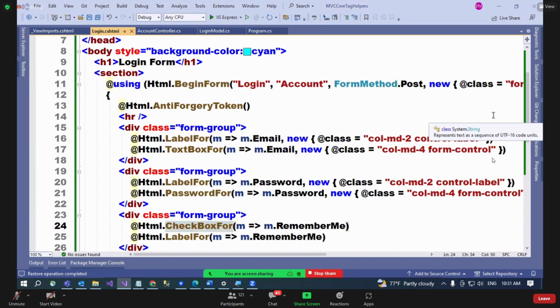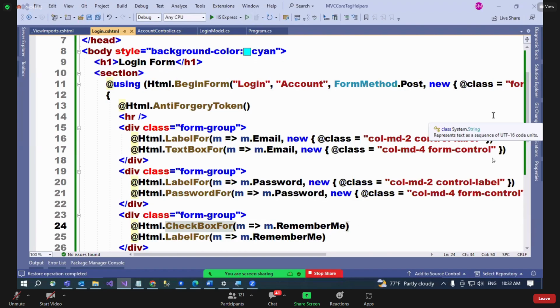So this is to prove to you the same HTML helpers what you learned in MVC5 can be used as it is in MVC Core also. This is how we create a form in MVC5. In ASP.NET MVC also we use the same code. In ASP.NET Core MVC also we are using the same. Okay. But apart from this,